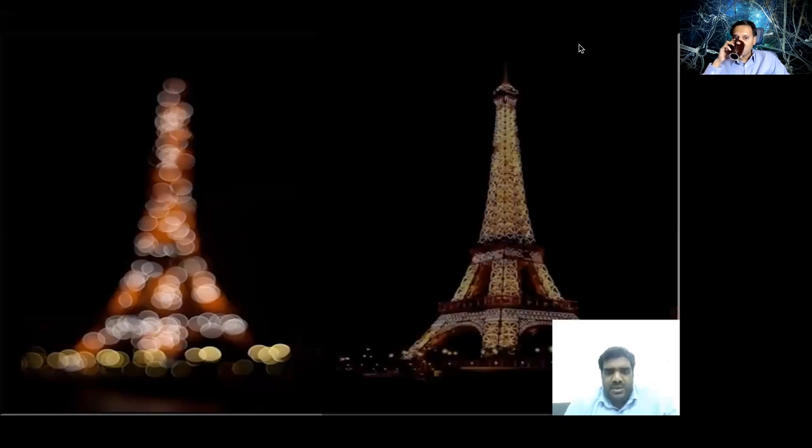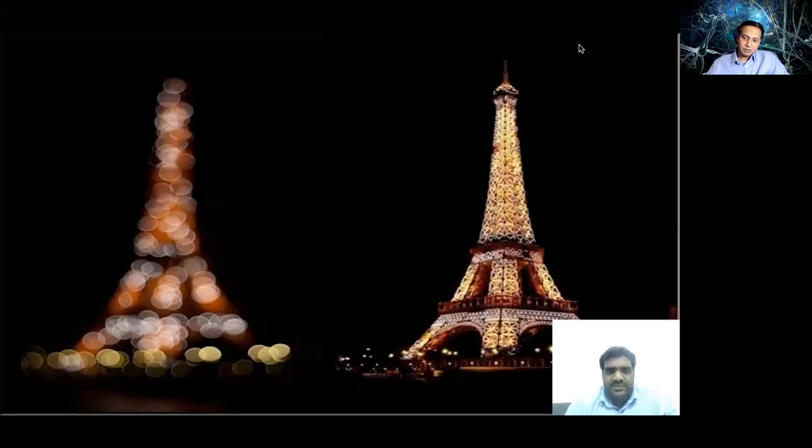In this slide, you can see a blurry image and we are not sure what it is. On focusing, it's clear that it's the Eiffel Tower and we are able to differentiate the different parts of the Eiffel Tower. Similarly, an optimal image obtained with the help of an ultrasound should help differentiate different structures. Here I shall be discussing the steps that we can take to obtain an optimal image.